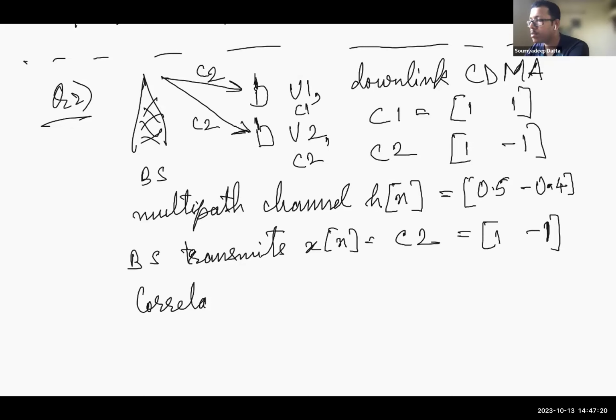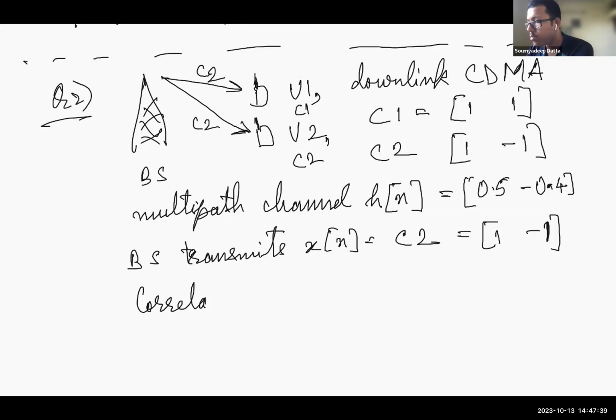So this will give you minus 0.9, right? I hope I'm doing it right. Okay. So this will give you minus 0.9. Similarly,